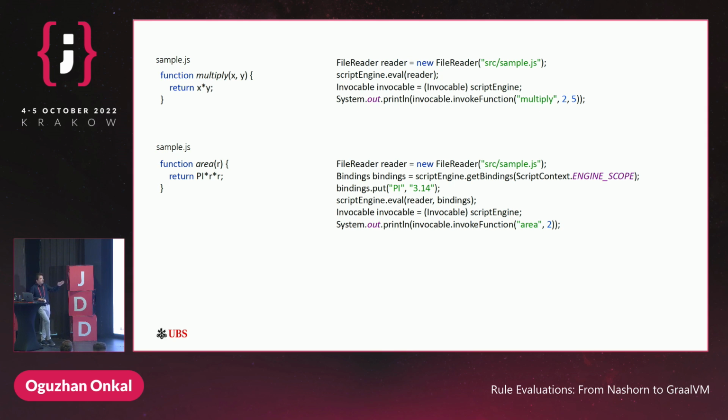And we used here the script context engine scope. This is the default context. And we put the value of the pi there, and we pass the JavaScript file along with that binding, and we pass it to the evaluation method. And when we do that, we will get again the result. And of course, invoke function has this argument there. Okay, so